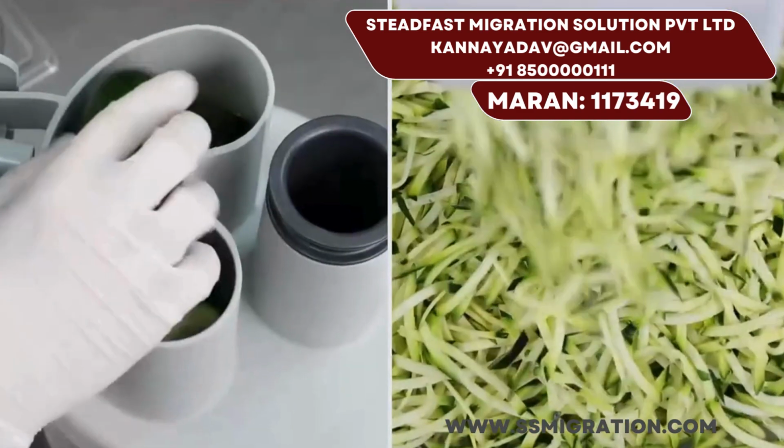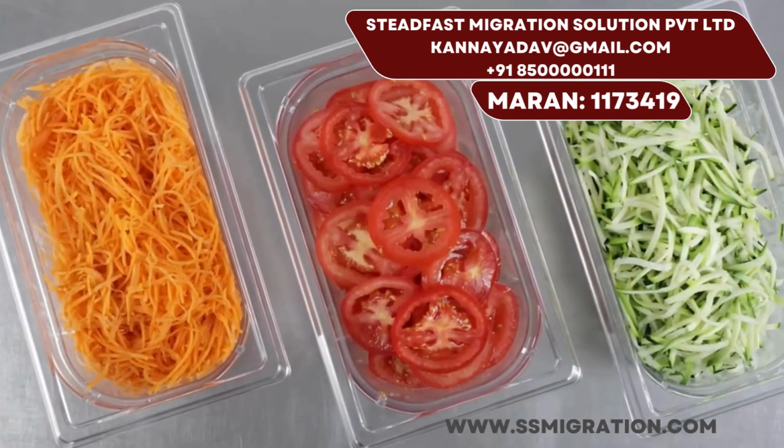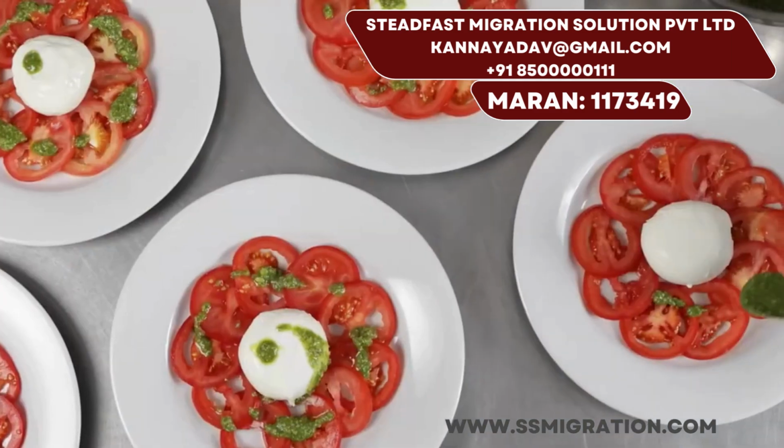Robot Coupe machines are highly valued in the culinary world for their efficiency, versatility, and reliability, making them a staple